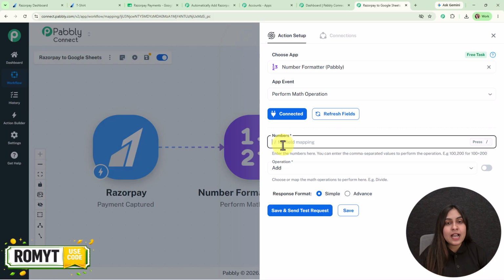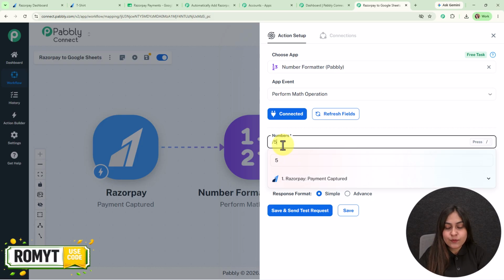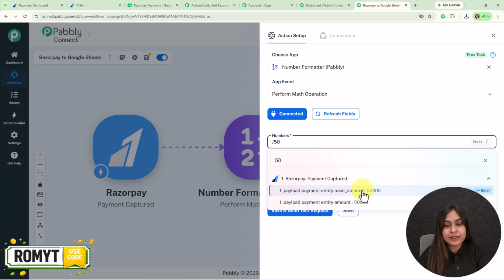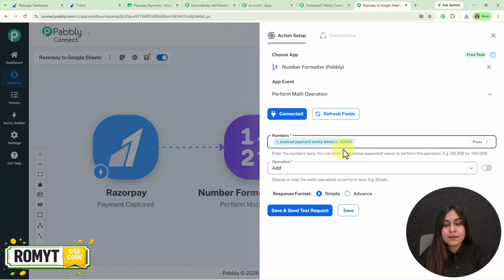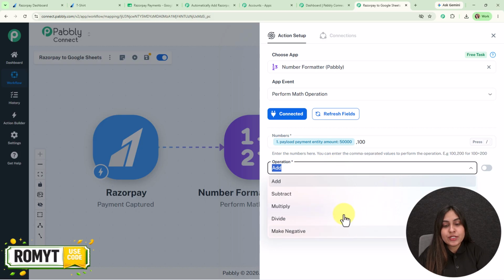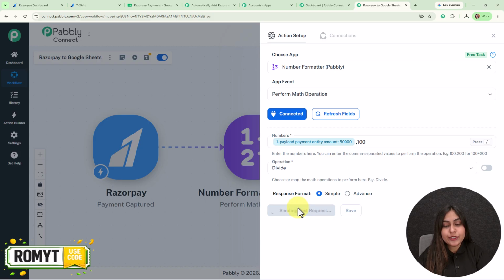Mapping makes the text dynamic, so that when we receive a new payment in our Razorpay, this previously existing detail will automatically be updated with the new one. To map the data, we are going to enter a slash first, and here we are going to map that particular amount. So this is the amount, and here I need to perform divide by 100. So we're going to enter a comma and type 100. Then for the operation, I'm going to select divide, and then we are going to click on the save and